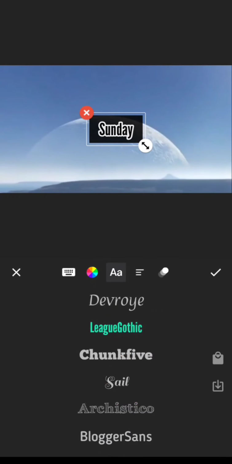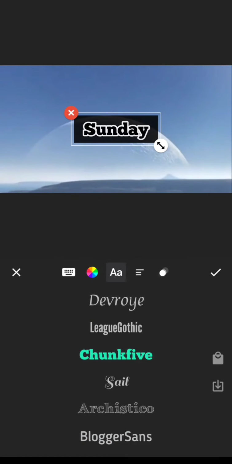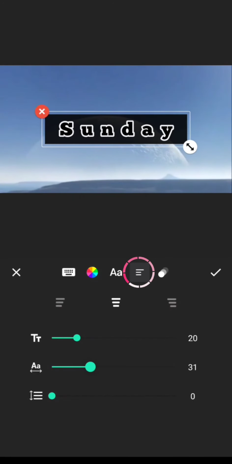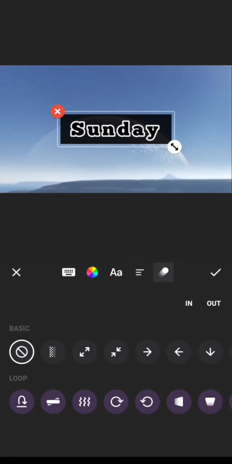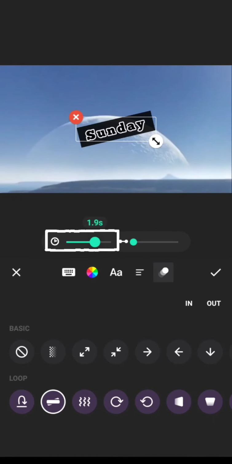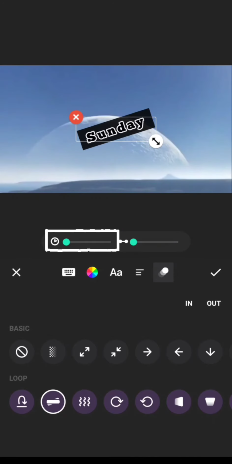Next one is text, which is coming over here. Different text styles are provided. Whatever style I want, I can select it and give over here. And next one is alignment. You can see over here the zooming in and out, so the distancing of that one. With a second step of that one, the distance can be arranged with this. And next option is looping options. I want to make it a small one. Now if I want to make it a small moving one, I can frame it over there. Then timing is provided above. If I am decreasing the time, it will go slow. If I am increasing the time, it will go fast.